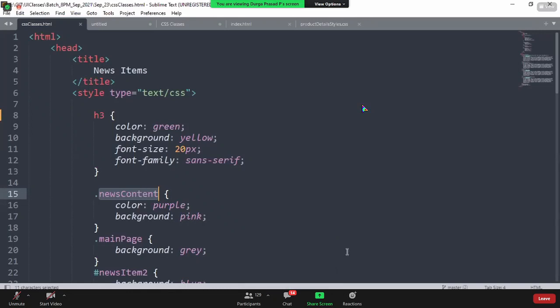In the interview, they might ask you what the different ways are and which are not recommended to make use of. Which CSS is not recommended? Then you need to say it is tag based and inline. If they ask you why it is not recommended, then you should be able to answer that.